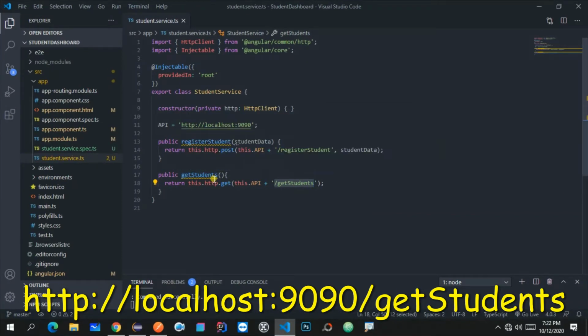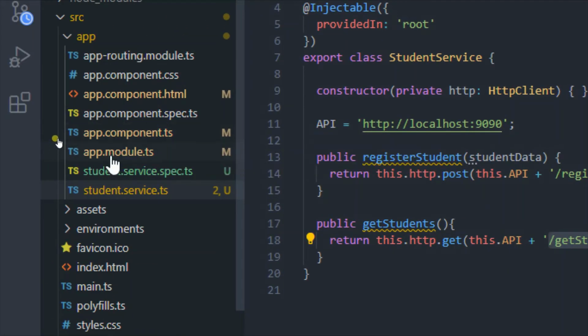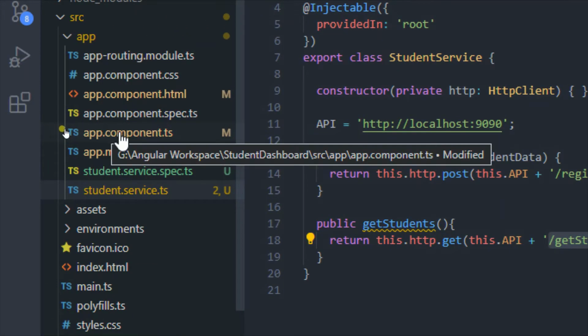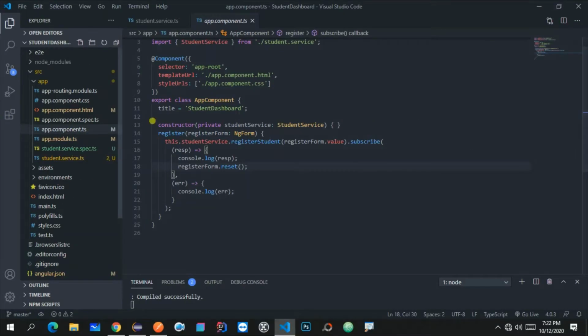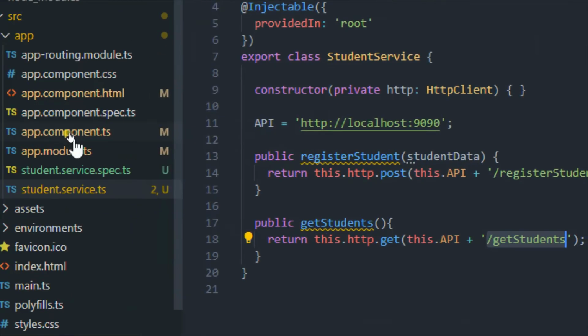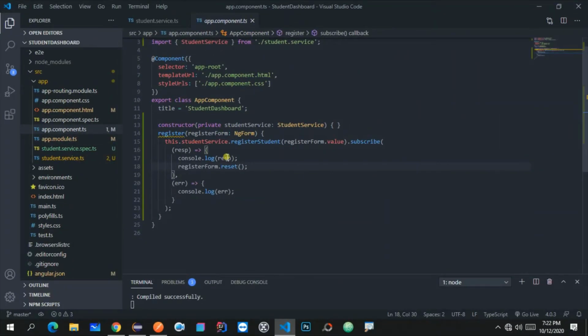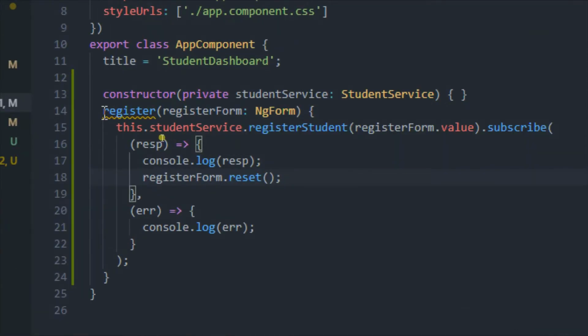Now let me save this file and go to our app.component.ts file. This is the place from where we are going to call this REST endpoint. Here we have already seen how we can use register, and from this register function we have already called the studentService.registerStudent function.